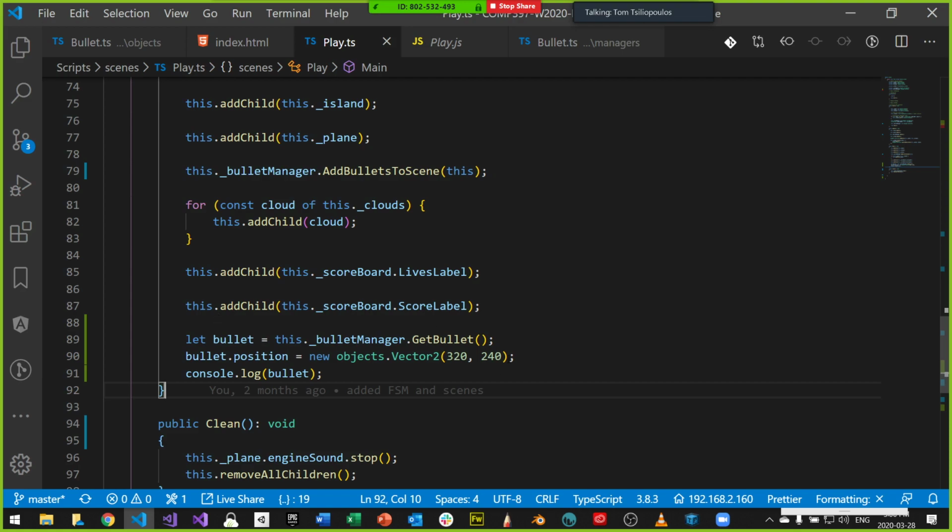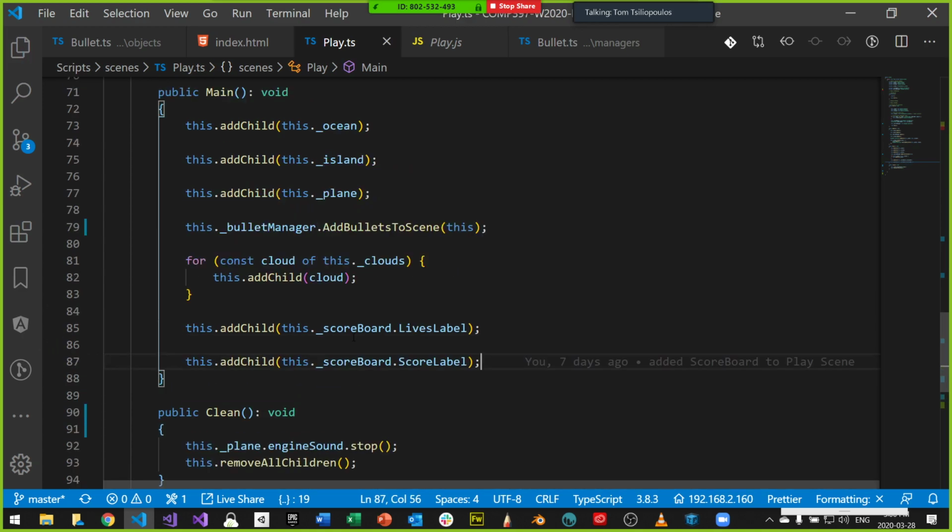Now we want to make a way for the plane to do this. When I press the button, for now I want to make the plane just fire bullets nonstop. Let's just keep firing all the time. In order for me to make the plane do this, I need access to this bullet manager somehow, globally. I don't want to pass the bullet manager to the plane class. That doesn't make any sense. I want the plane to have access to the bullet manager class from anywhere. So I don't want to do this here.